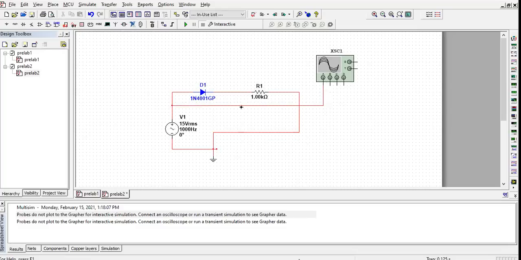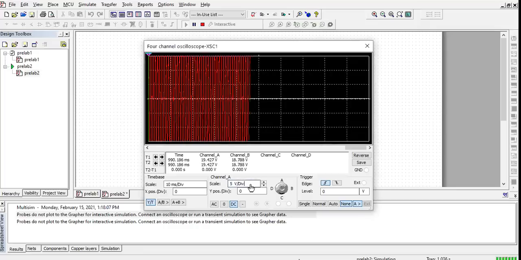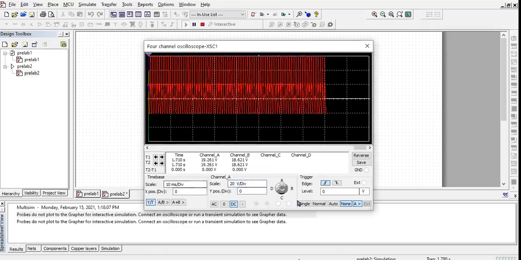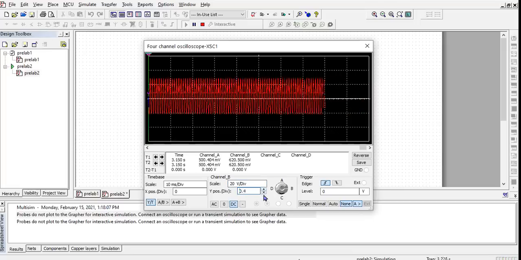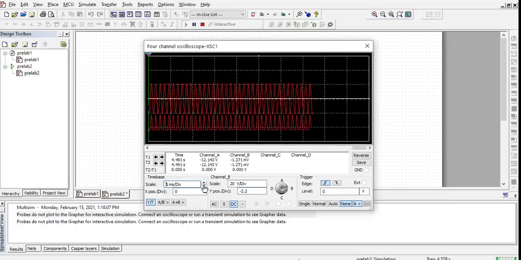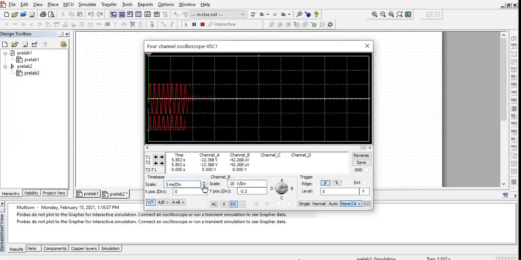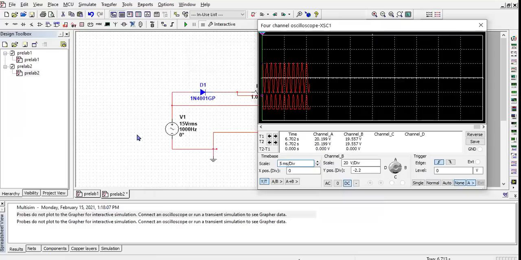It is giving some attenuation at the output. Now here, instead of 15, it is giving